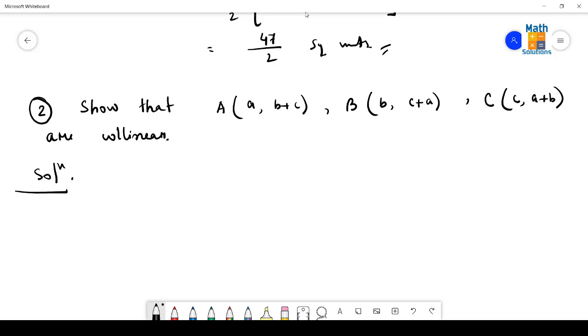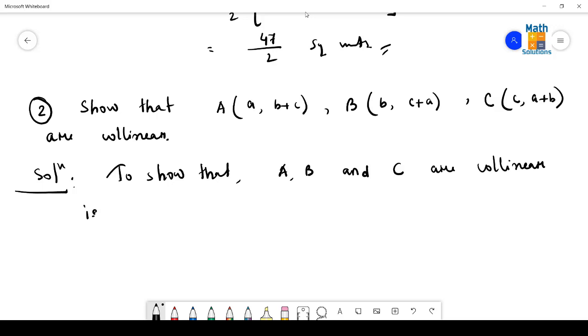So coming to the solution part, to show that A, B and C are collinear,